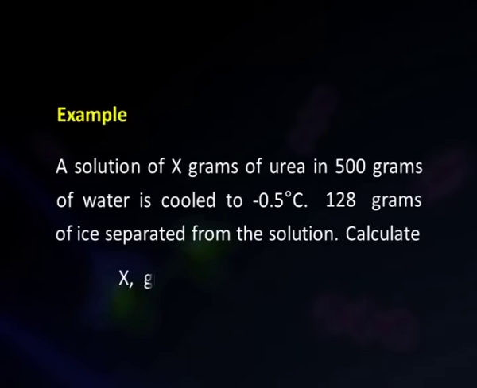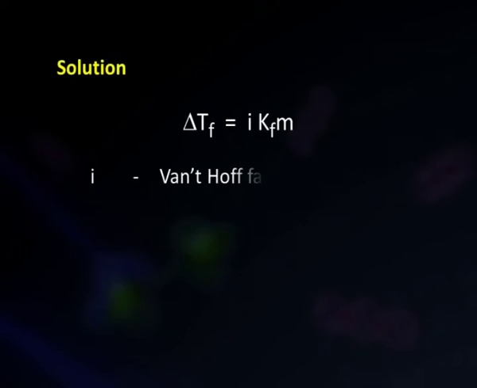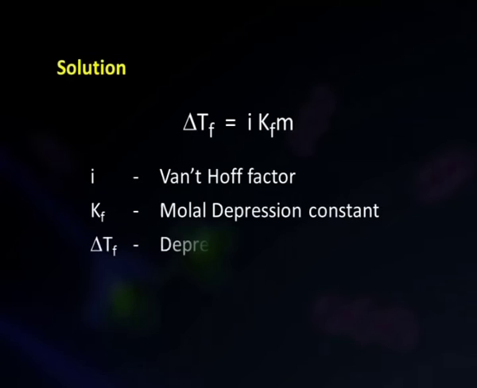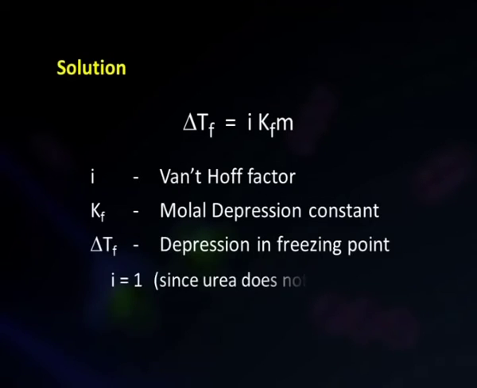Calculate X, given that Kf, that is the molar depression constant for water, is equal to 1.86 degrees per molar. Now, delta Tf is equal to i into Kf into molality, where i is the van 't Hoff factor, Kf is the molar depression constant, and delta Tf is the depression in freezing point. i is equal to 1 because urea does not dissociate. Kf is given as